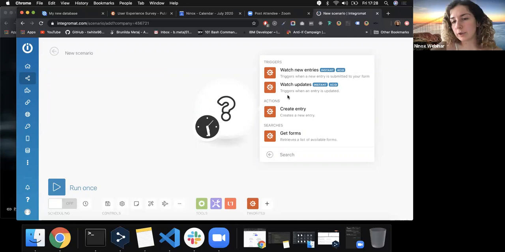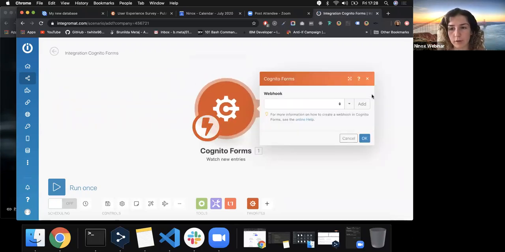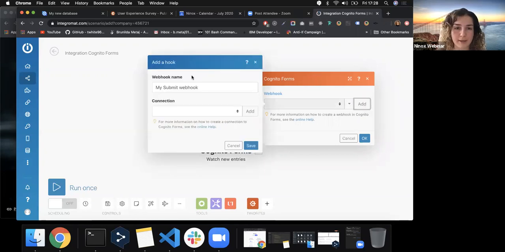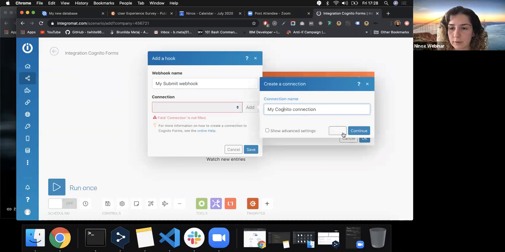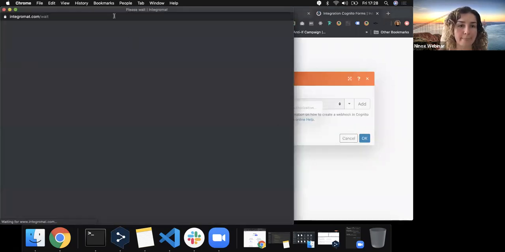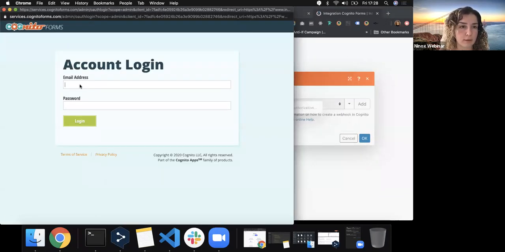So what are we looking for? We're watching for new entry. So the event that we're trying to track is when someone submits a new form. So let us add a connection. My submit webhook is pretty self-explanatory, and the connection is